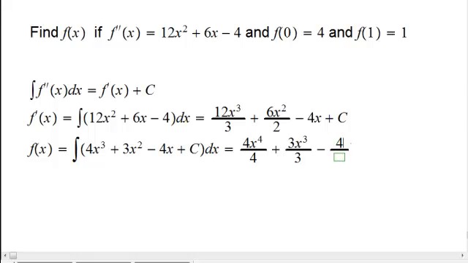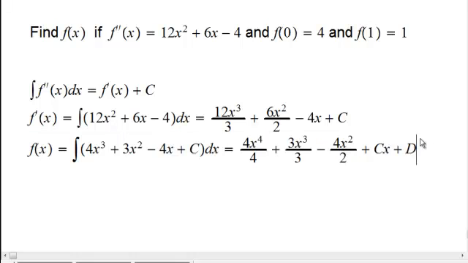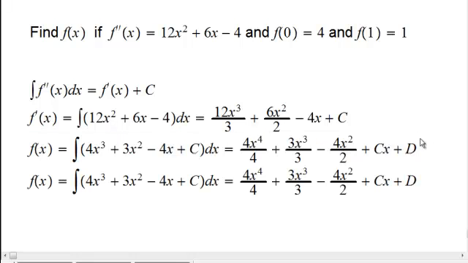Minus 4x squared over 2. Am I doing it right so far? Plus Cx plus what? I will write a D, right? So my f of x turns out to be